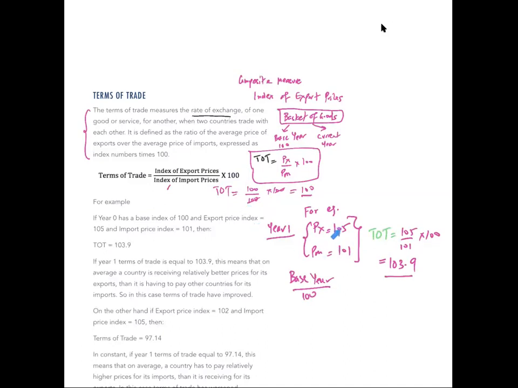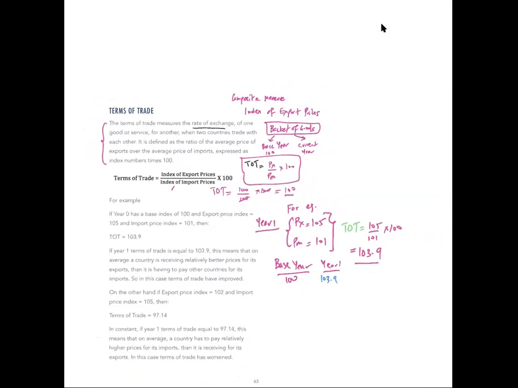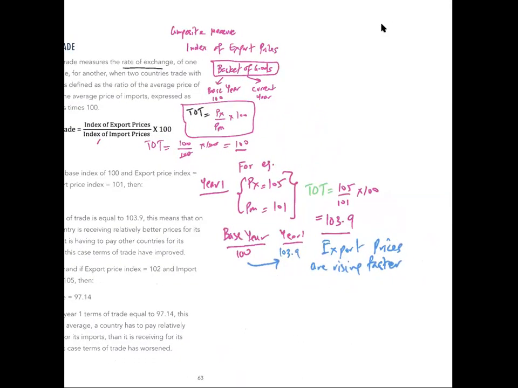So your base year index was 100, and your next year, year one index, was 103.9. If I tell you this, then you will say that because your terms of trade is going up, your export prices are rising faster than import prices,